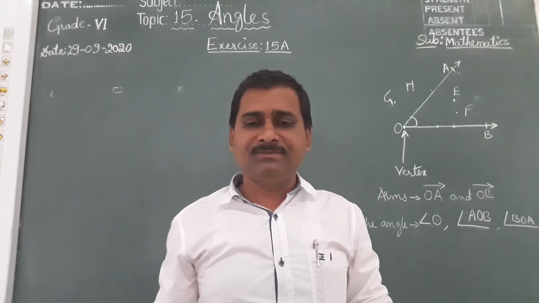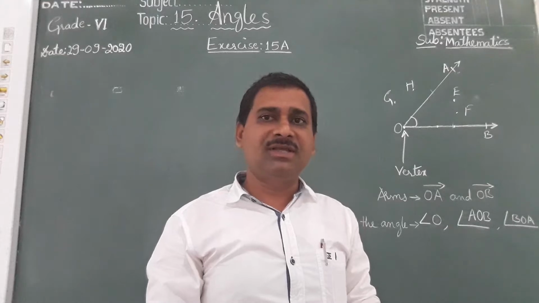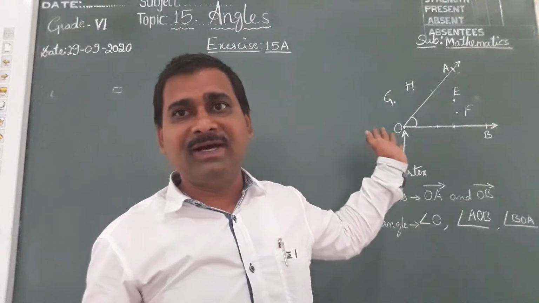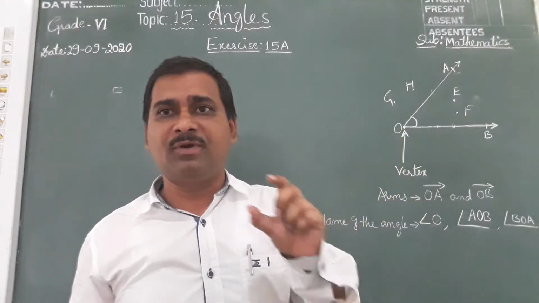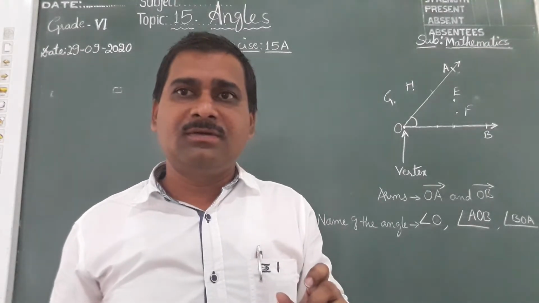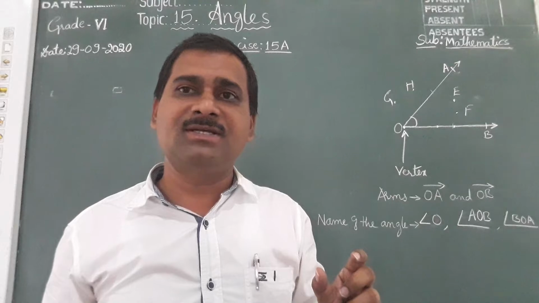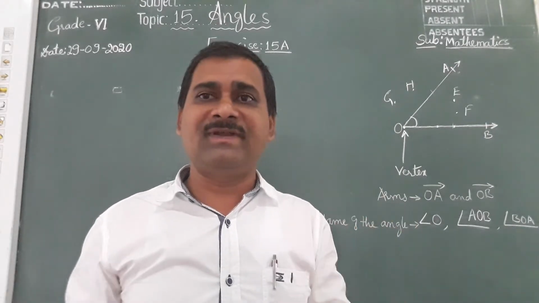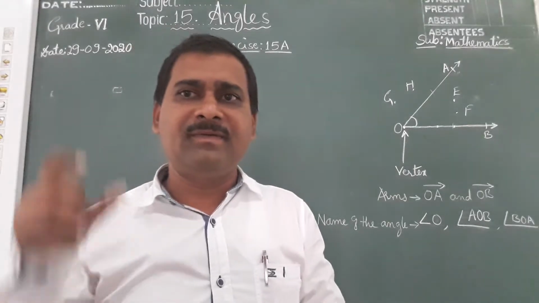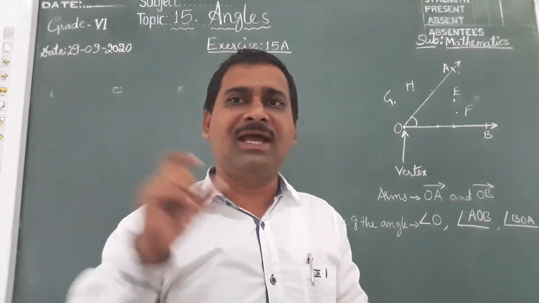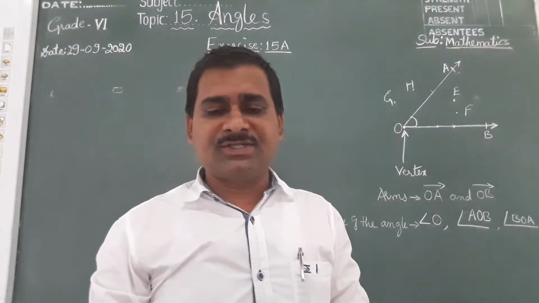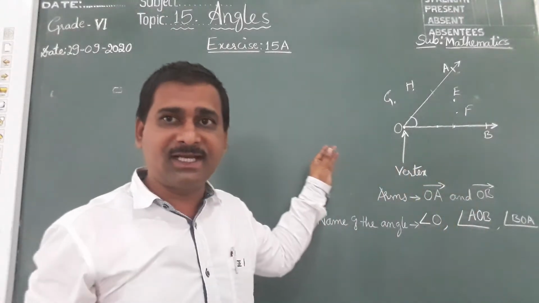And you know very well, we will measure the angle by using a tool called protractor. You should know how to measure the angles, otherwise how you should draw the angles when the numbers are given, like draw 60 degree, 70 degree, 80 degree. If measurement is given and asked us to draw the angle, you should know how to draw the angle by using a protractor. So time being, children, this is enough for today's class.